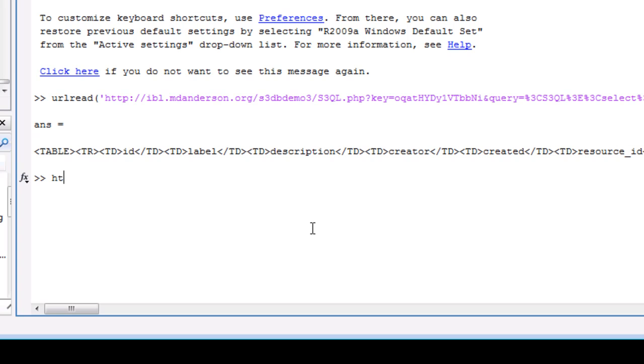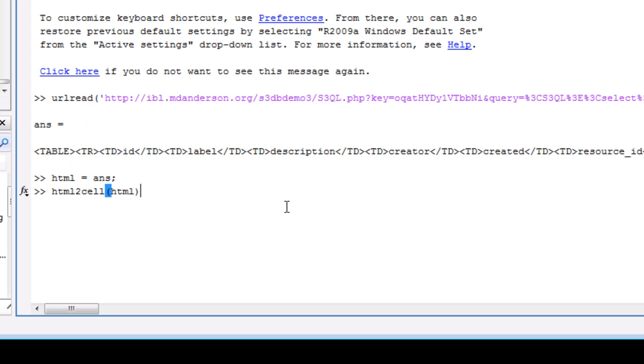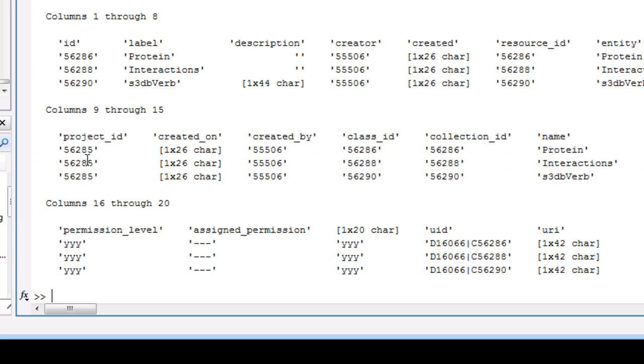So I'm just going to save the result as a variable called HTML. I already have a function here that converts the HTML to a MATLAB array, which is the most convenient way to handle this type of data in MATLAB. And now if I look at my data, I can start browsing it. So I can ask, for example, for all the lines in the first column,